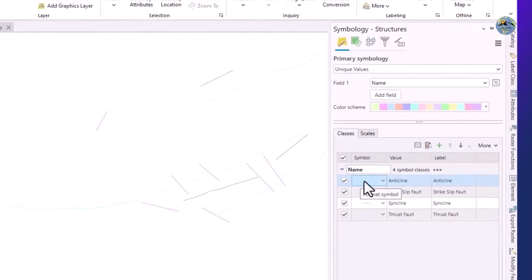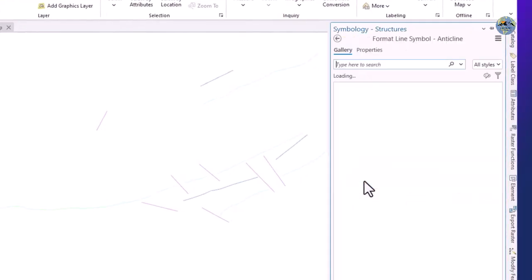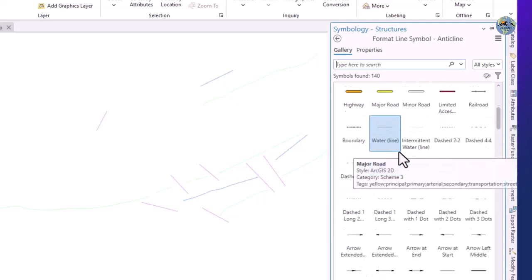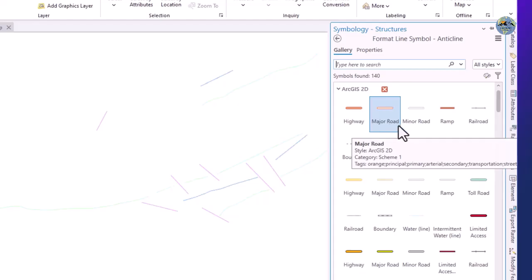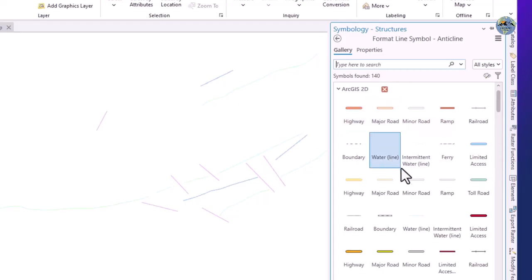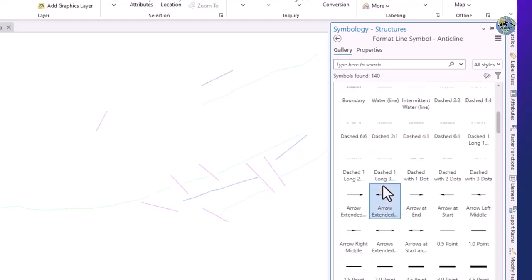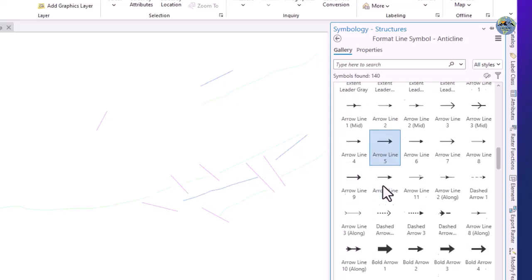Select it, click on it, so here you can see different symbols are ArcGIS 2D symbols, and a total of 140 symbols found here. Project style, and this is all styles. I have clicked on all styles, and you can check here the different symbols that are available, but